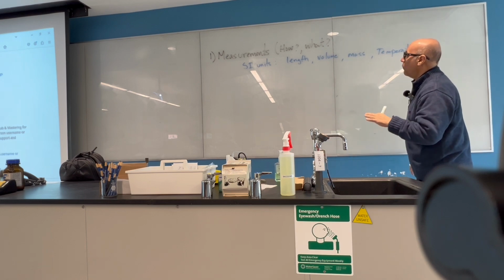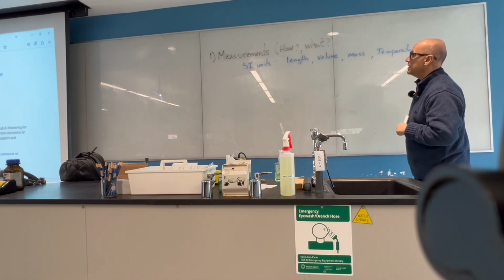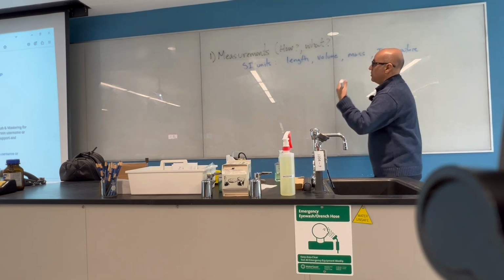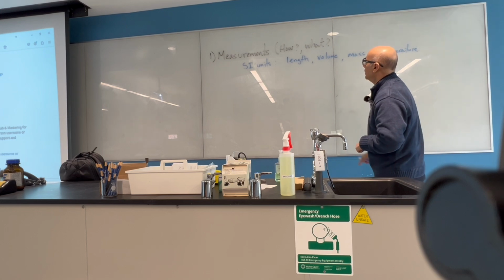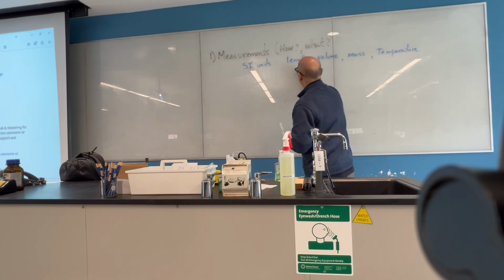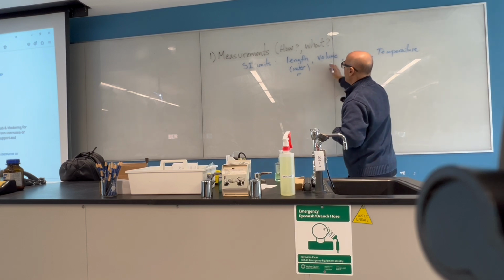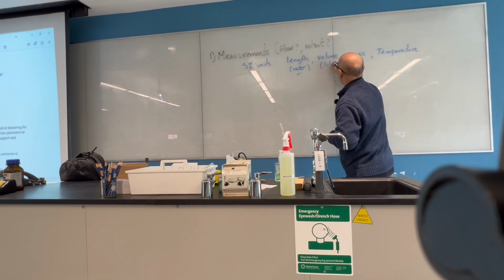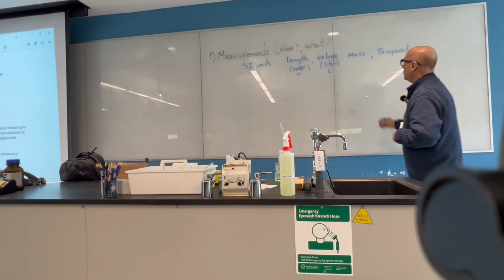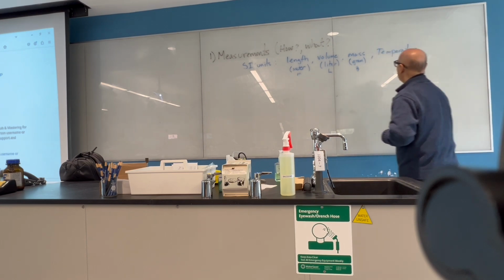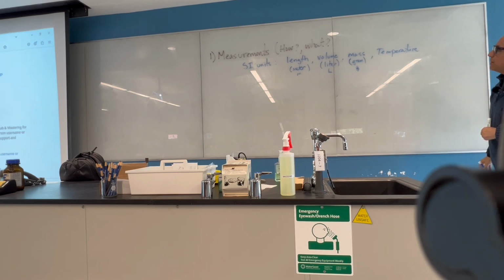And the basic 4 units of measurement in the SI system, this stands for International System of Units. It's in French, so that's why it's SI, not IS. Are the meter, abbreviated lowercase m. The basic SI unit of volume is the liter, abbreviated capital L. The gram, lowercase g. And then when it comes to temperature, there's